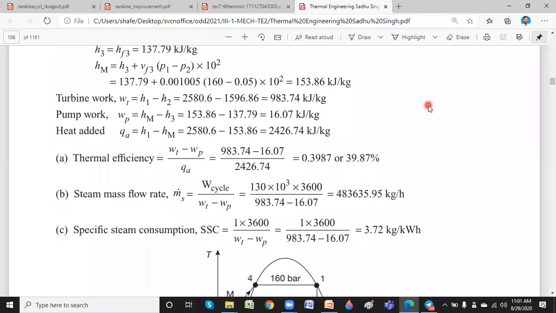And what I request, when you come for the next class, all of you just take steam tables, any make, doesn't matter. Mostly it's steam tables by RS Kurmi. So you just take that one, and whenever I am dealing with these particular problems on steam, better you refer to those properties straight away, so that you can easily understand the problem. Okay, and work out along with me, so that you can learn better.